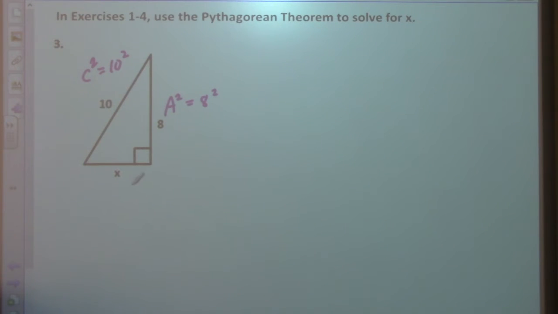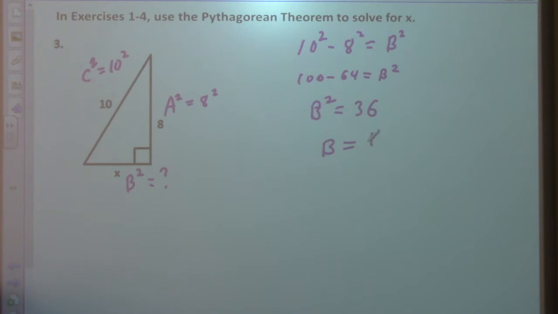And b squared is question mark, but c squared minus a squared equals b squared. So you get here 100 minus 64 equals b squared. So b squared is equal to 36. So b is equal to,